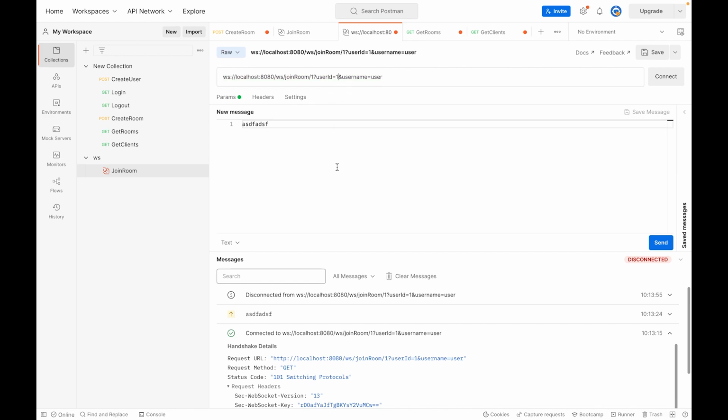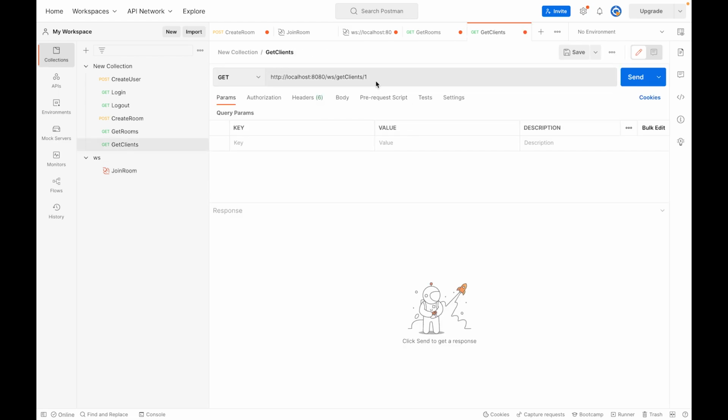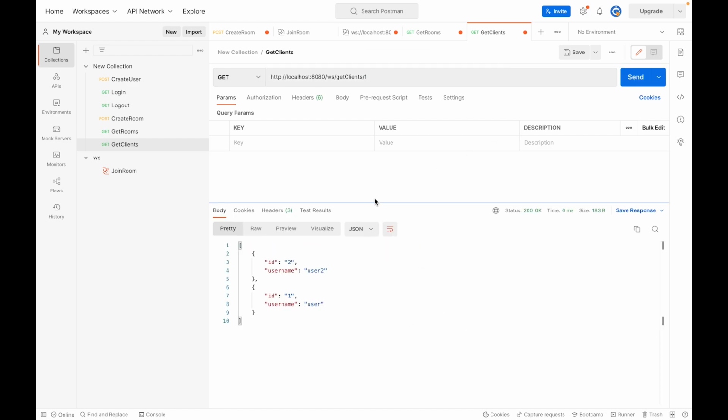Let's say user ID equals 2 and the username equals user2. Now another user has joined the same room, and if we try to get the clients in room ID equals 1, let's see what happens. So we can see 2 different users that have joined the room,